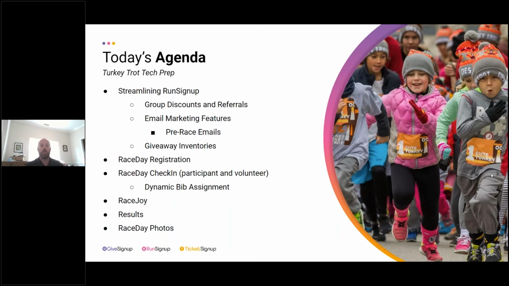So first, we're going to be talking about streamlining RunSignup, specifically about group discounts and referrals. We're going to touch into the email marketing features and then dig into pre-race emails. I think a lot of people miss some easy buttons in those pre-race emails. We're going to go into giveaway inventories. Again, when I start working with new races or races that might have been stabbing at it on their own without getting help, they miss out on these inventories that can really help you with streamlining your event. We're going to talk about race day registration, do's and don'ts, race day check-in, and we are